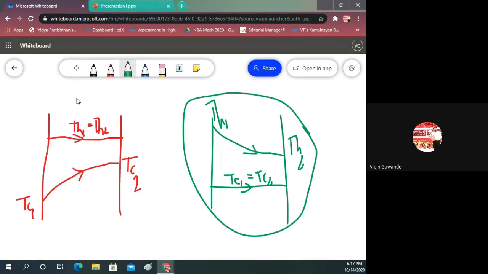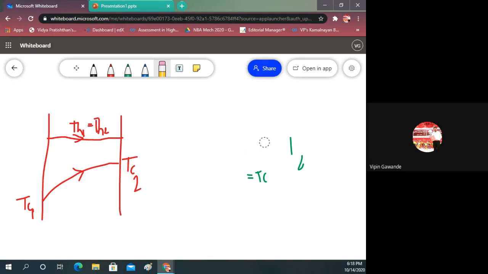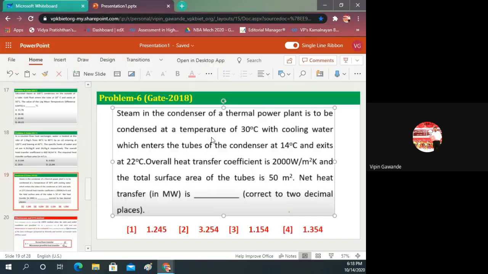Here, the steam has a phase change. Here, the refrigerant has a phase change, and the fluid which is having the phase change, its temperature remains constant. If you refer to the diagram, water boils at 100 degrees Celsius. That means the liquid phase is converted into vapor phase, and during conversion, its temperature remains constant. So that concept you have to use here. This is thermodynamics. If the properties of steam chapter is not covered, the topic is there in thermodynamics, so you just cover it there. Next, we'll go for the next one.